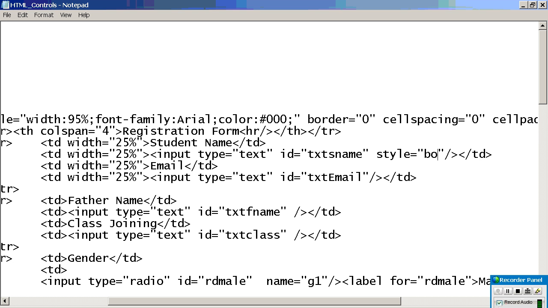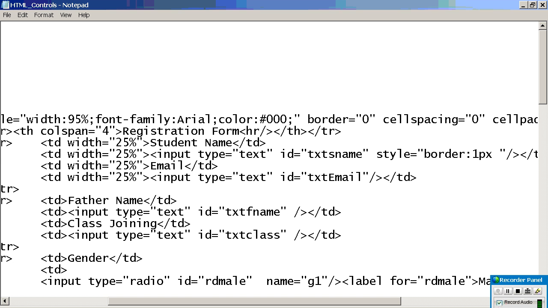Up to now you have been using border equal to 1 for the table. You can give a border for any control. Now I am going to give a border for the student name X bar. The syntax is changed: border 1 pixel. Here I am writing it in the style.